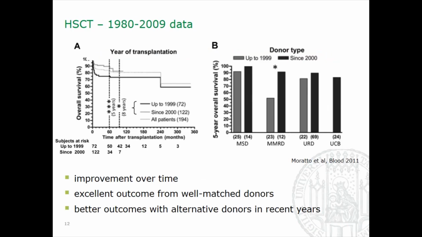The second larger study that was a little bit more up to date, that has been published in 2011, is also a collaboration of many large international centers and has, I think, close to 200 transplants. Yes, close to 200 transplants in it, and it shows that the outcome of the transplant improved over time. So the black curve is up to 1999, and the gray curve up here is patients after the year, transplanted